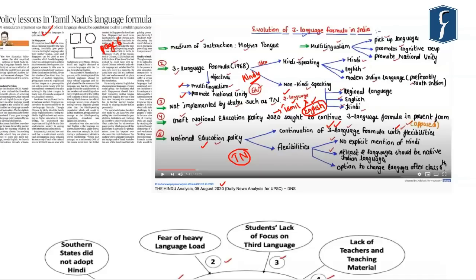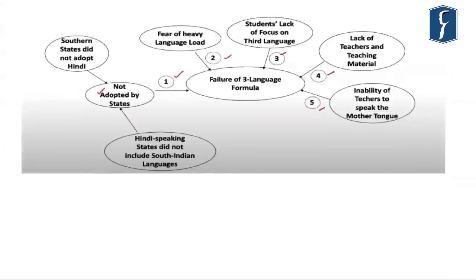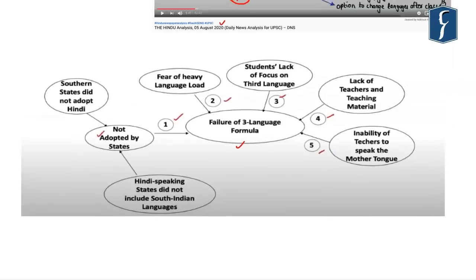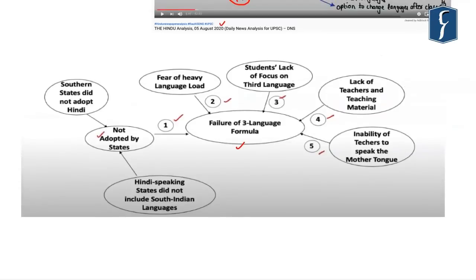Apart from that, the adoption of the two-language formula has actually led the people in Tamil Nadu to voluntarily adopt Hindi. So rather than imposing language on any section or on any particular region of a country, we must give necessary freedom to the people to choose whatever language they would want to learn. So in a way, this particular article here is a critique of the three-language formula that has been provided under the National Education Policy. Now, in our DNS dated 5th of August 2020, we have already discussed various problems with